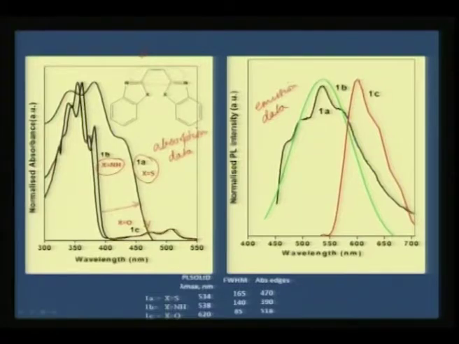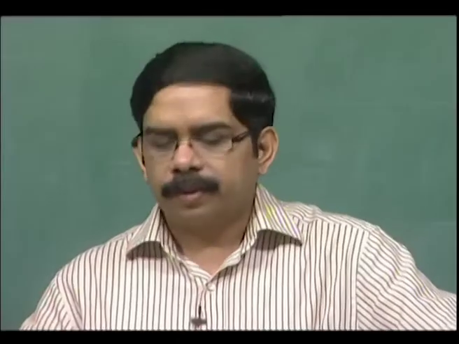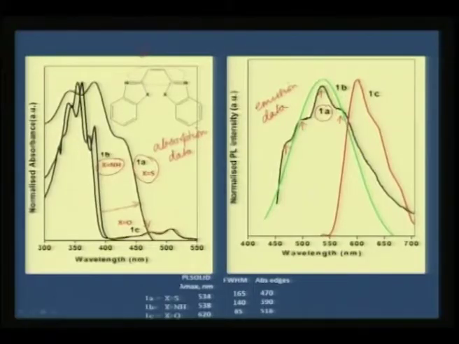If you look at the emission, you can very clearly see that this 1A molecule has a fine structure, emission structure which is more resolved, and you see several satellite features coming along with a peak maxima which is coming at 550. Okay. Now compared to that, if you look at 1B molecule, which is nothing but your imidazole, imidazole gives a broad emission peak, and 1C compound, which is oxazole, is clearly redshifted.